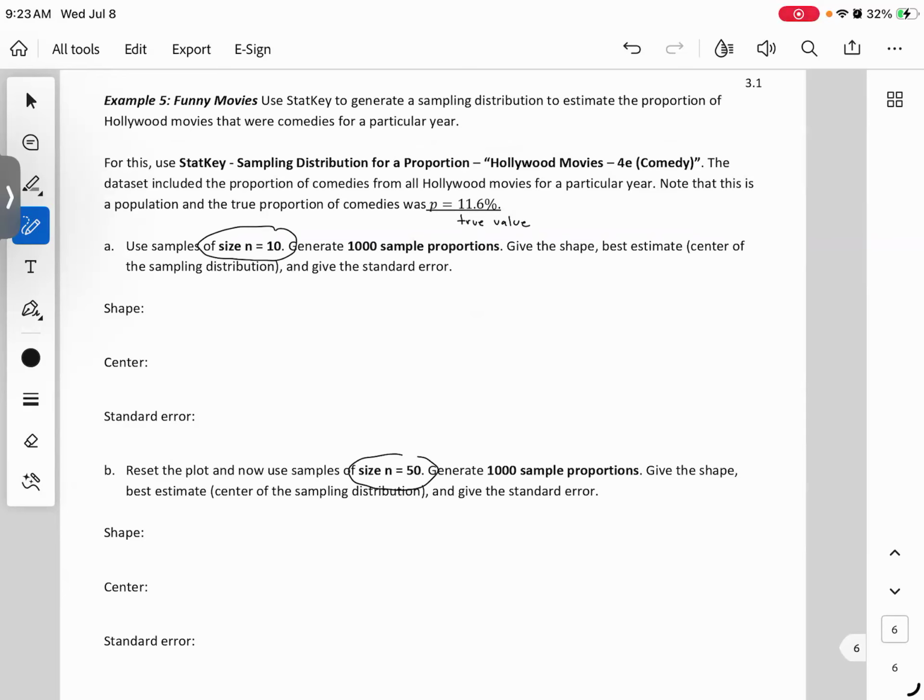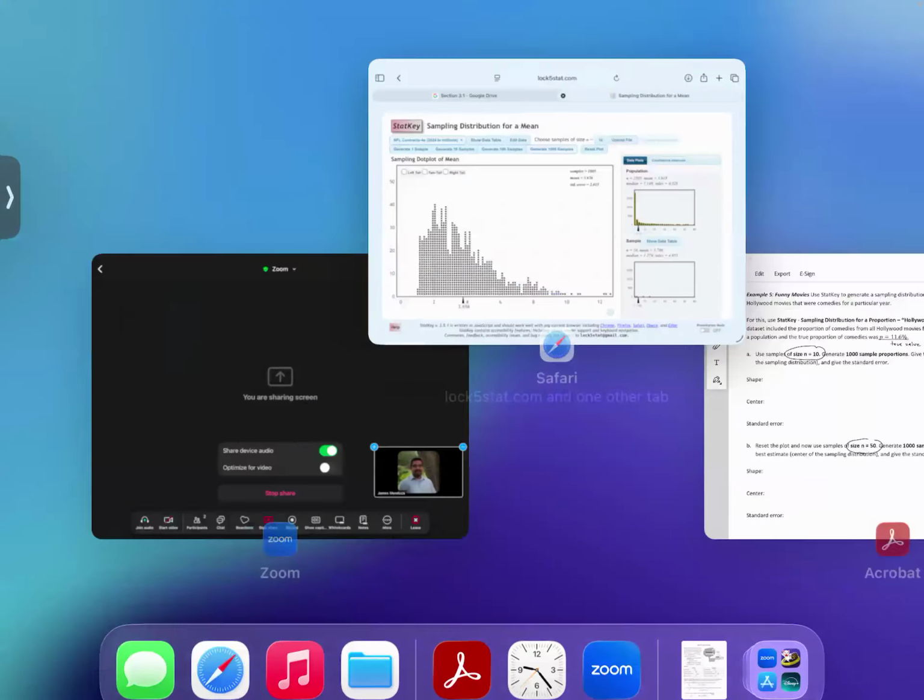What would it do to our estimate at the center? And then what would it do to our standard error? The main thing I want to show you is that the standard error is going to get smaller if you do bigger sample sizes. So let's go over to StatKey,